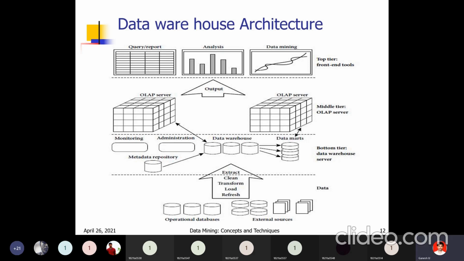Data marts are flexible. They are small in size compared to a data warehouse, so they are flexible. The life cycle of a data mart may be complex in the long run if its planning and design are not organization wide. It is only department wide, not organization wide, only one particular department.